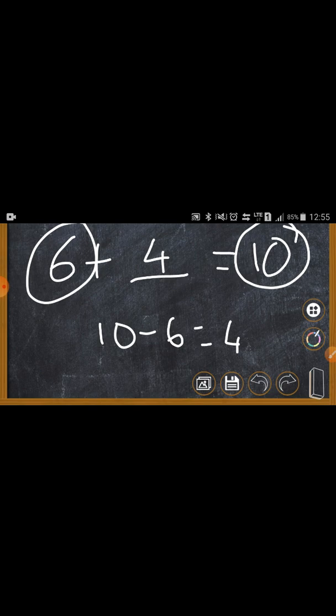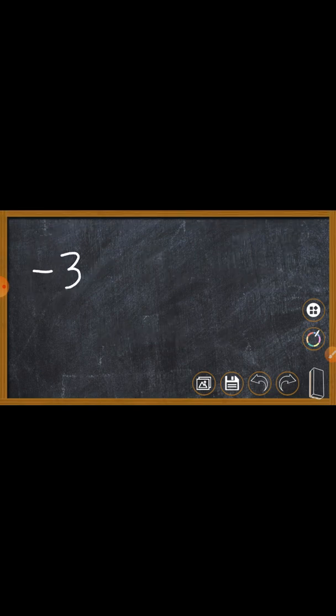But if I give you minus 35 plus how much is equal to 14, then what are you going to do? Then it is very difficult to count. Understood? So what I am going to teach you today is changing of signs. See, this thing is an equation. What you see on the screen right now is an equation. It has two sides.